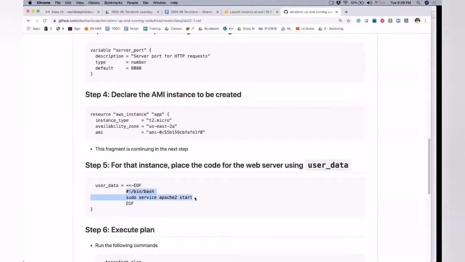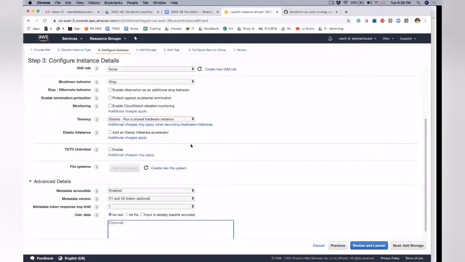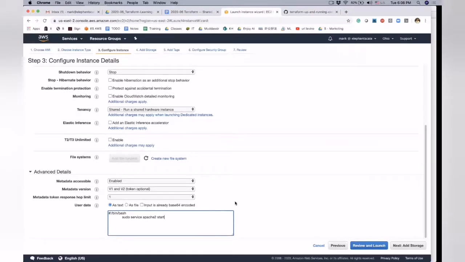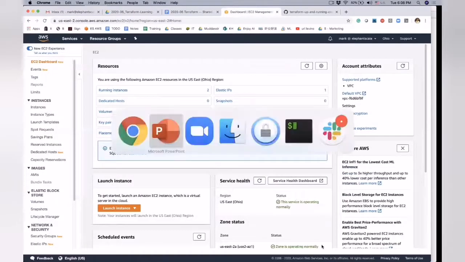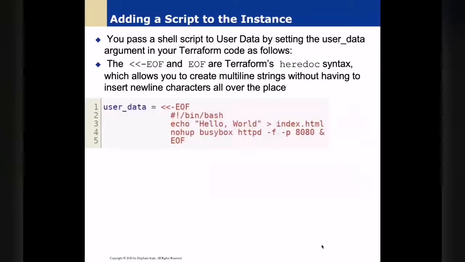So if I were to start an instance like that, I would put it in there, and it would then run on startup. Now that is not how we're going to do it. I'm just showing you that's what you would do if you were doing it manually. But let's stop this for now. Let's continue with the slides. So that's what we were doing. That was the Terraform way of giving it to Amazon manual script.